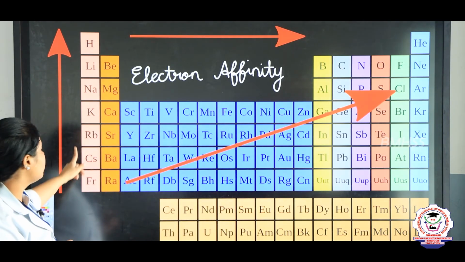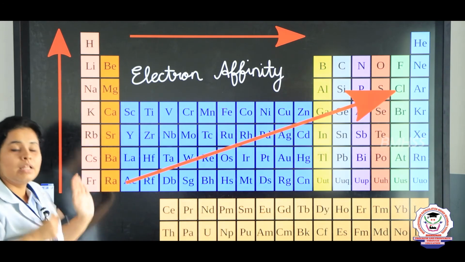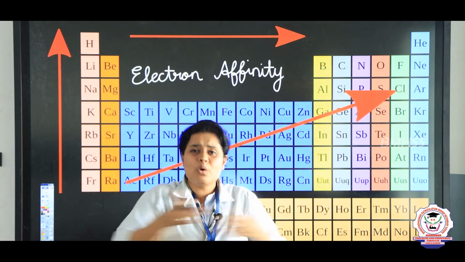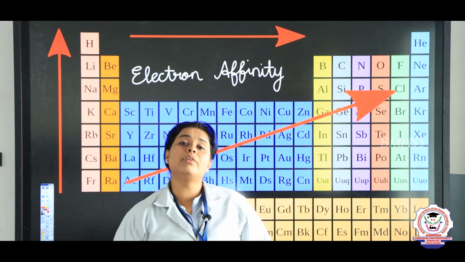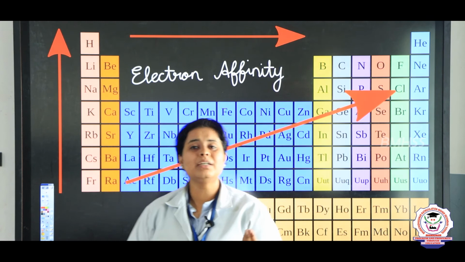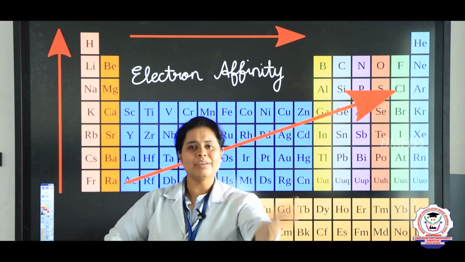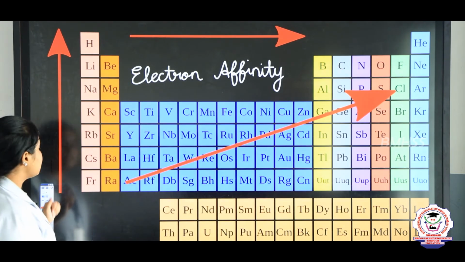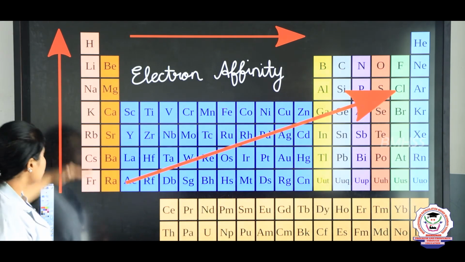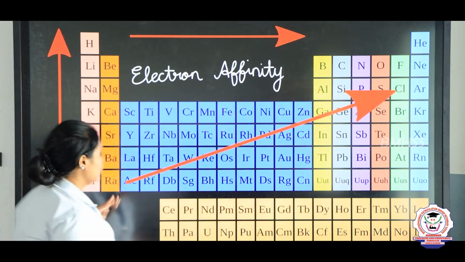Same way, if there is only one electron present, the removal will be easier. For example, if you have 10 chocolates or 10 friends, you don't want to give them to everyone, right? But same way, if you had only one friend and you wanted to share that friend, it will be a little bit difficult. But here we are talking about the giving process. One is there, right? You can give that, right? Yes. So here we can say that the electron affinity increases from down to top. Same way it will increase from left to right. Yes.